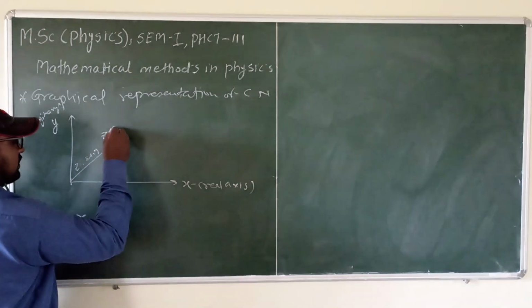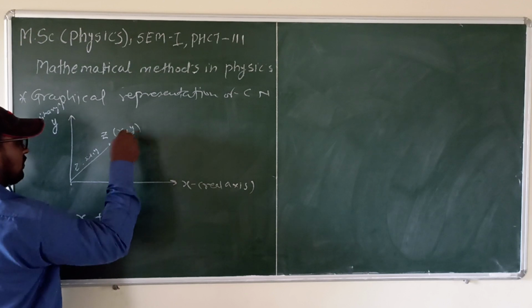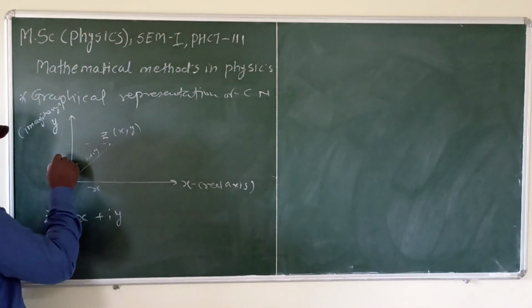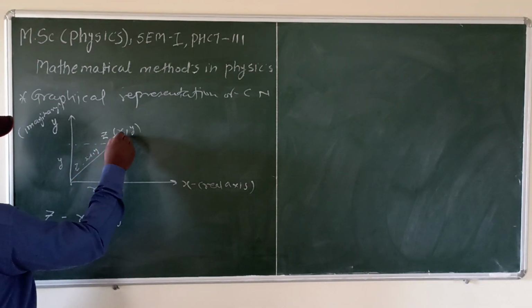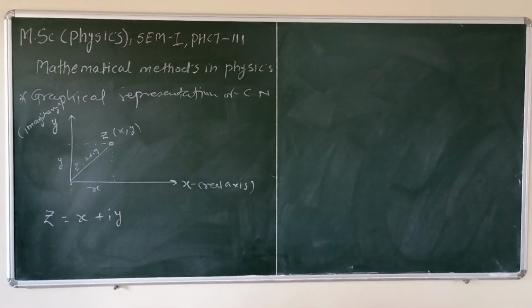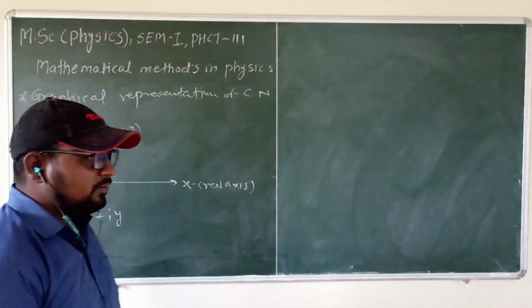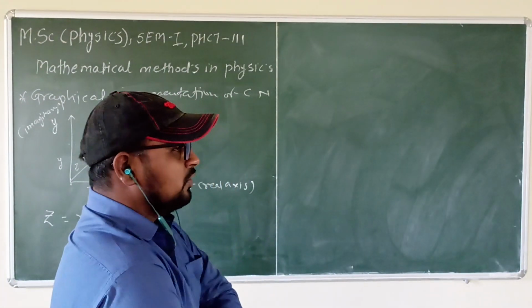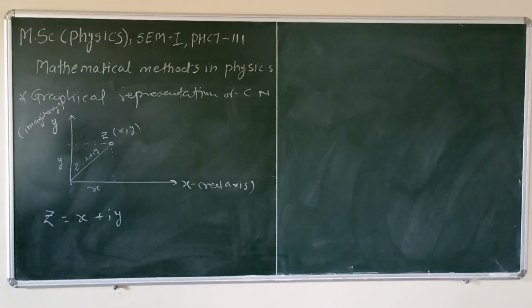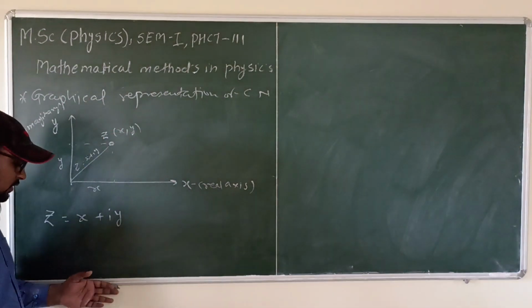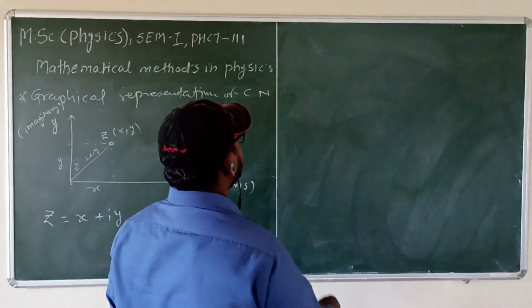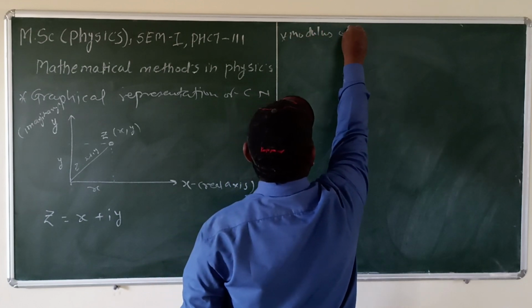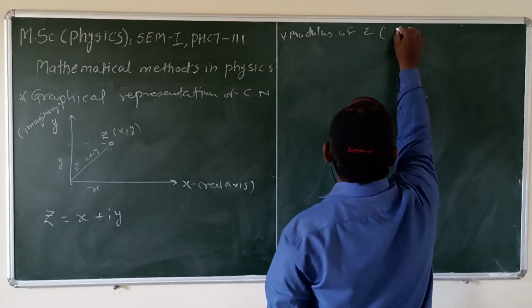So the point here is represented as x comma y. On these axes this is distance x and this is distance y. So at point z, or the point x comma y, we get the representation of this complex number. There are many examples which I have given in the exercise or assignments on the WhatsApp group. We can solve those examples using this graphical method. And with this graphical method, we have another quantity known as the modulus of z, or another name, the argument of z.